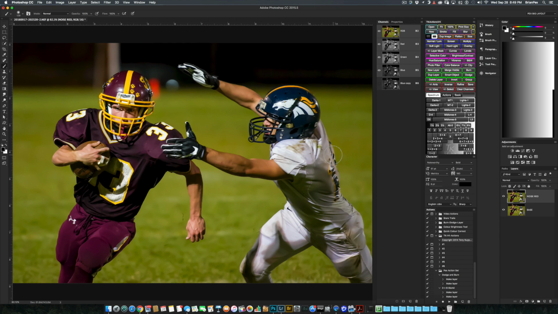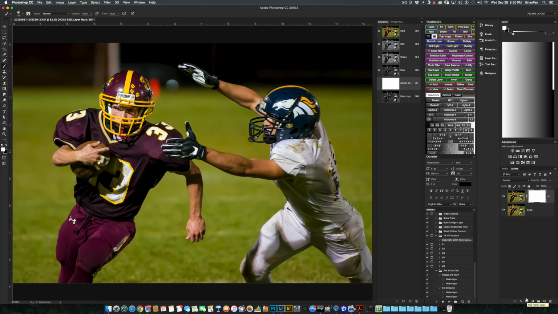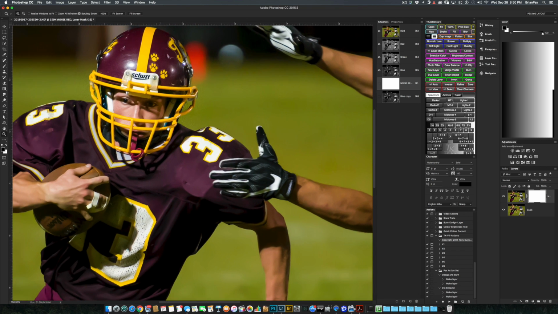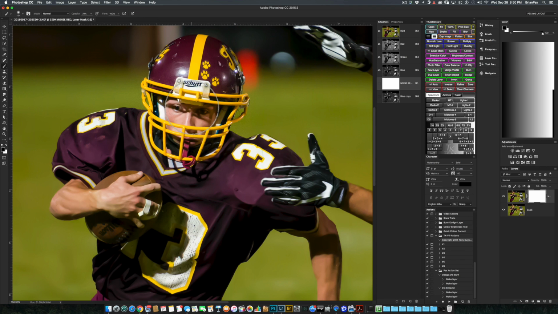Now, a simple way to bring back the detail in the subjects, which here are the players, would be to simply create a white layer mask and, using a black brush by hitting the B tool, make sure the foreground color is black. All you have to do is go in where the players are. I'll use a 70% brush right now, and I'm just going to zoom in here so you can see a little bit of detail. Now with that brush I'm going to paint that black paint on the white mask, and that will bring back the detail